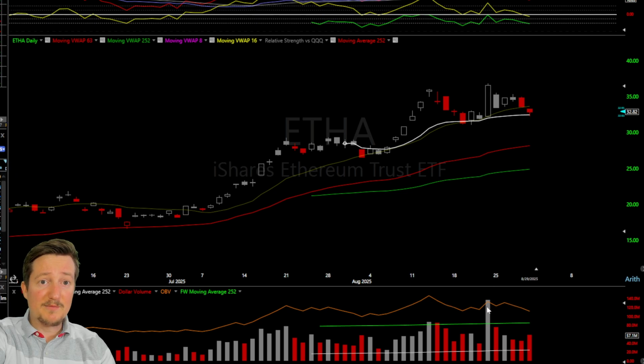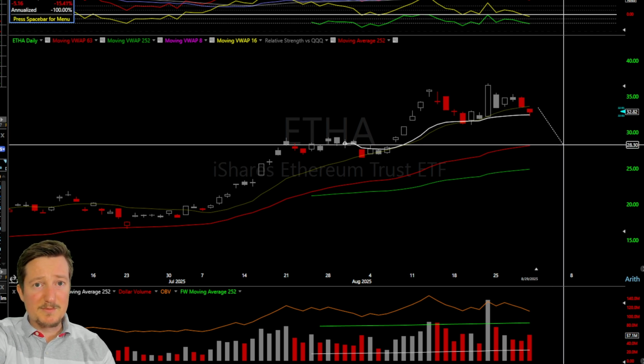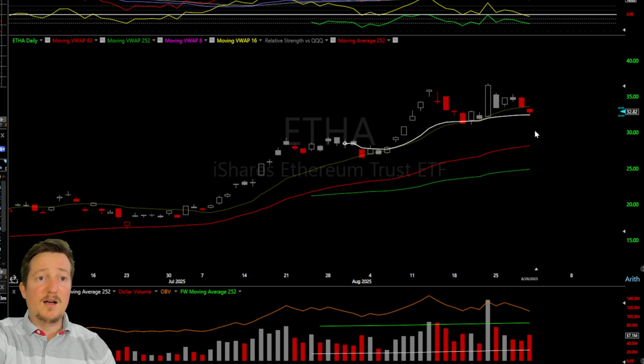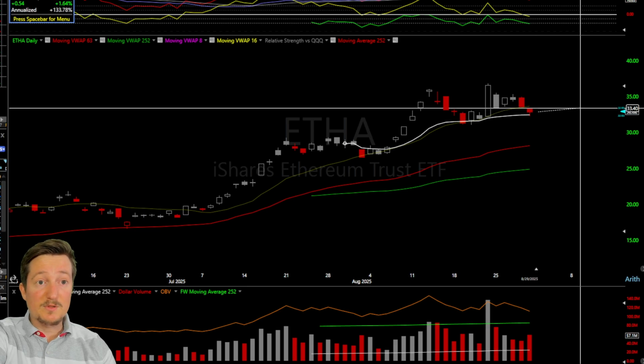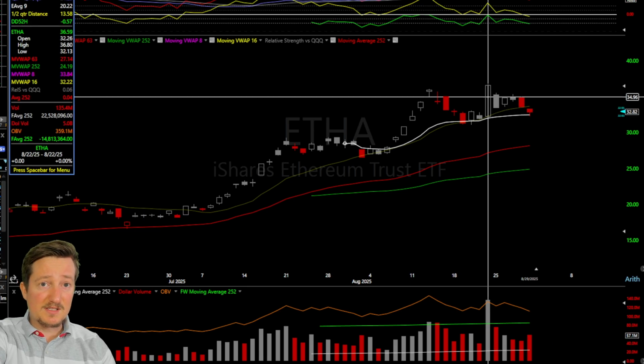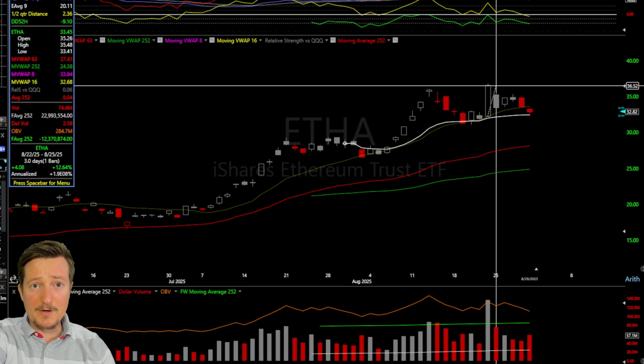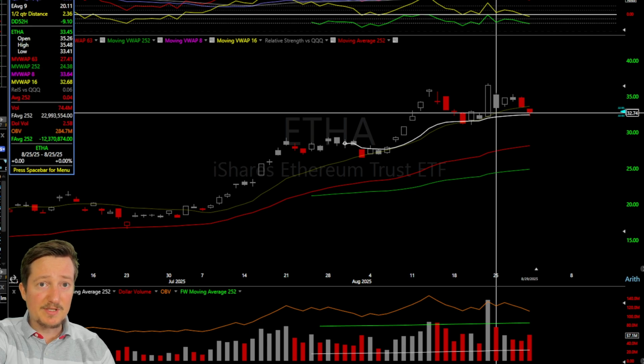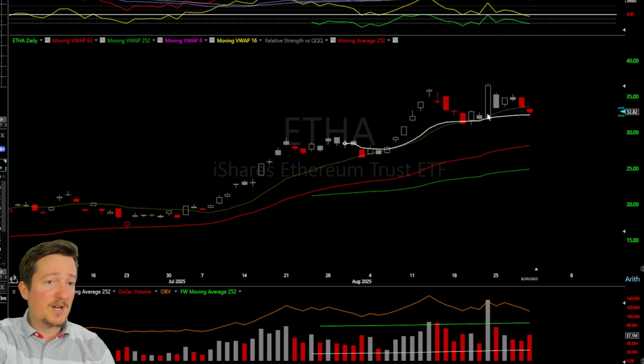Now, we did have this giant volume spike, which is very bearish for Ethereum, and it's kind of at a top here, right? So I would expect Ethereum could actually pull back here, or even just go sideways for a little while, because the action is this kind of action where we have a very large candle and it gaps down into it, and we're at the low end of this kind of a bullish candle. That's a very bearish scenario.